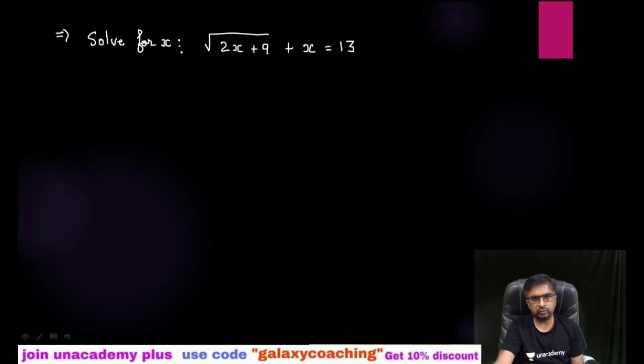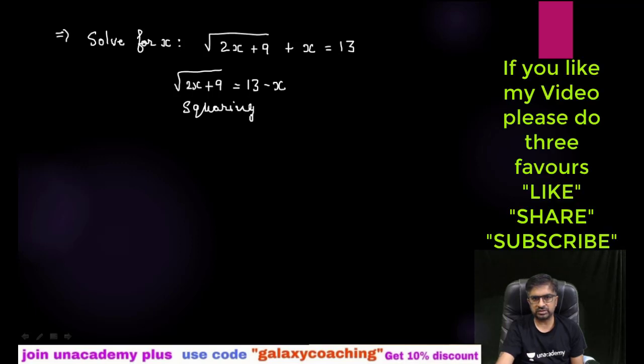So what you need to do for this type of question, look here you cannot see any quadratic equation. So what you need to do, let me tell you. Just you need to keep the terms with root on the left hand side and take other numbers on the right hand side. So root 2x plus 9 equals to 13 minus x. Now you need to remove this root. So what we are going to do, we are going to do squaring both the sides. Okay, that will help you guys, squaring both sides.